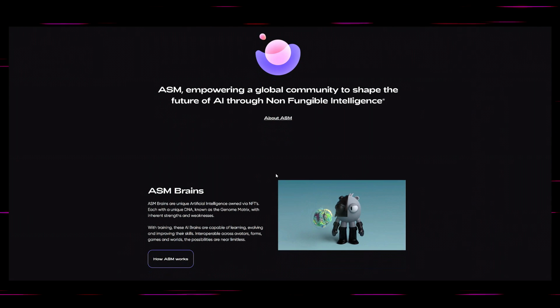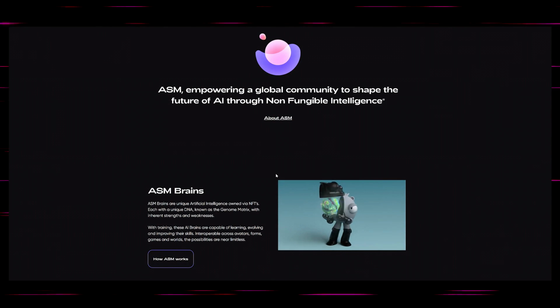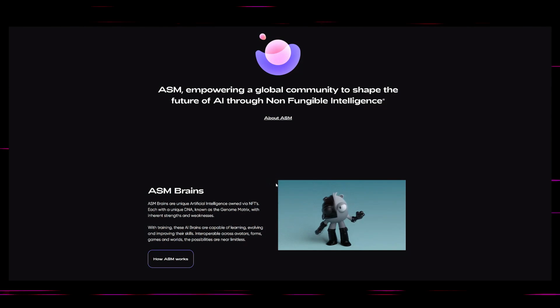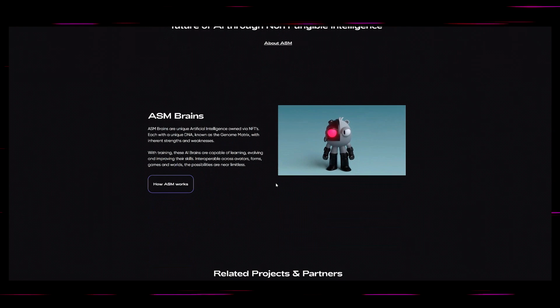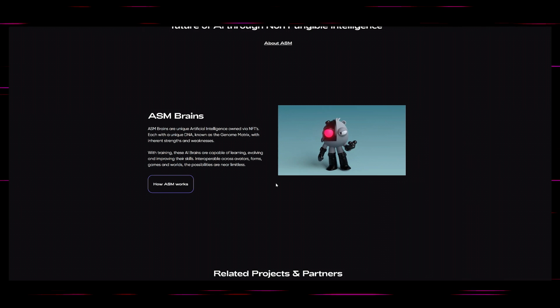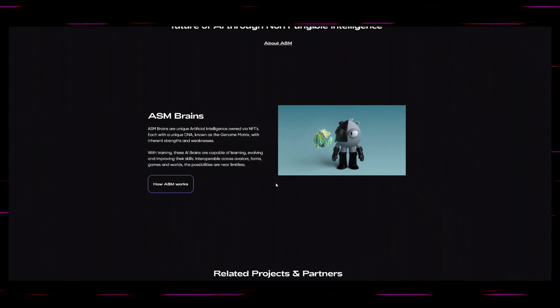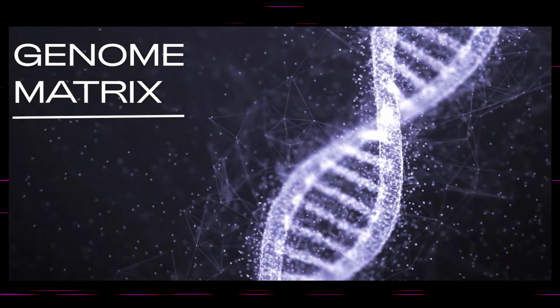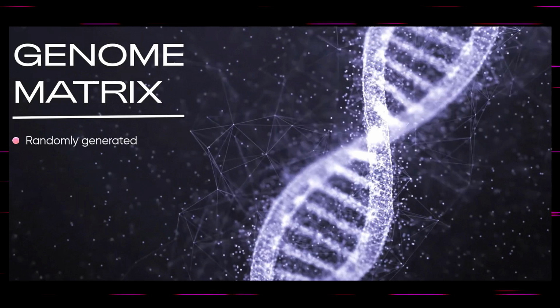ASM is empowering a global community to shape the future of AI through non-fungible intelligence. ASM brains are unique artificial intelligence owned via NFTs, each with a unique DNA known as the genome matrix with inherent strengths and weaknesses.